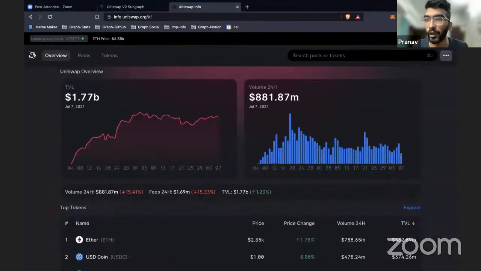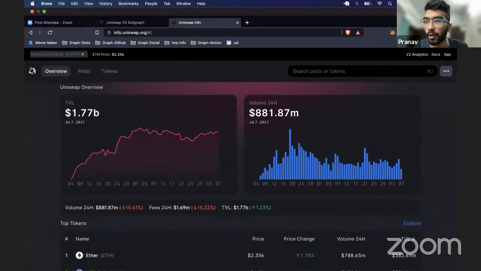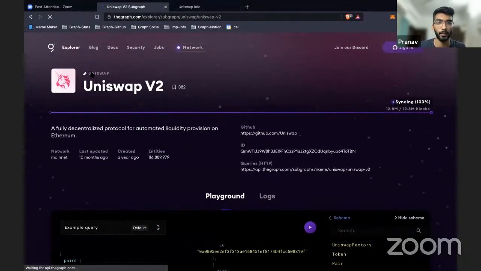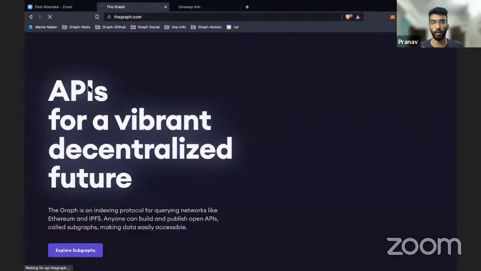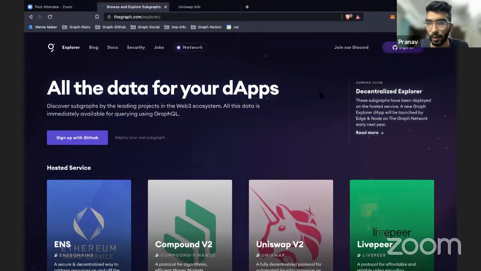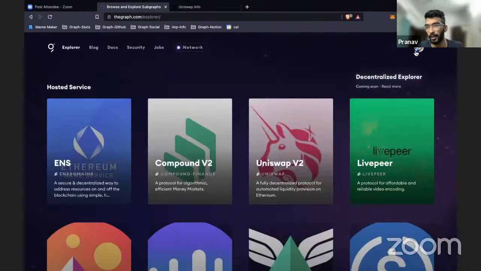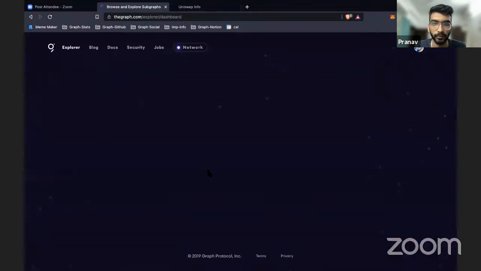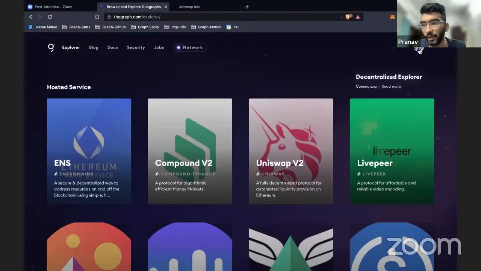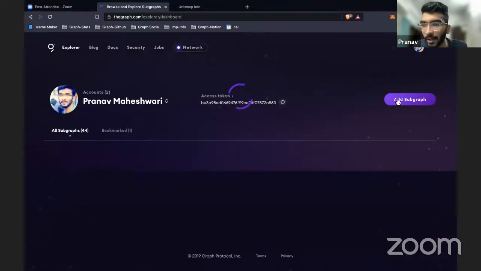First of all, as you're following along with me, we'll go to the Explorer. I'll just go to the Explorer on thegraph.com. From here, we'll go to the Explorer. This is the Explorer. Sign in with my account. You sign in with your GitHub account, all right? Once you have signed in, you go to the dashboard. So what are the steps? First of all, go to the Explorer, sign in with the GitHub account, go to the dashboard, and